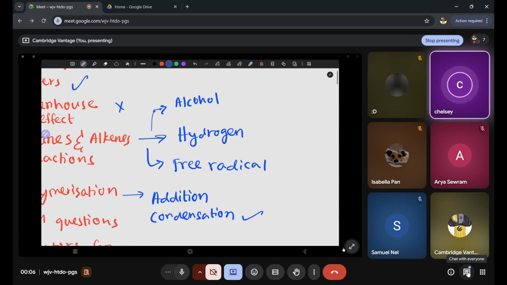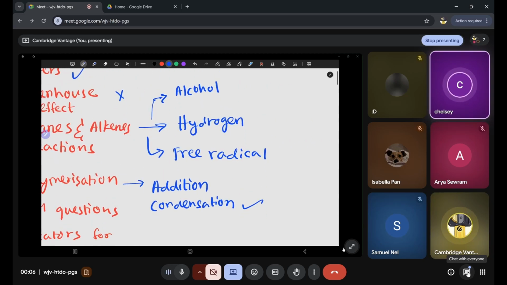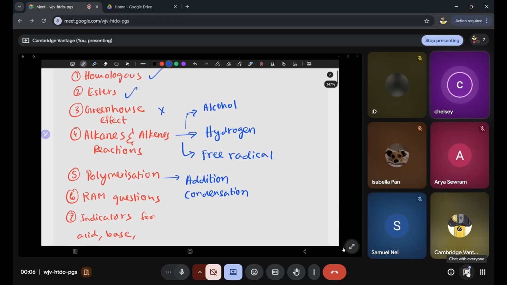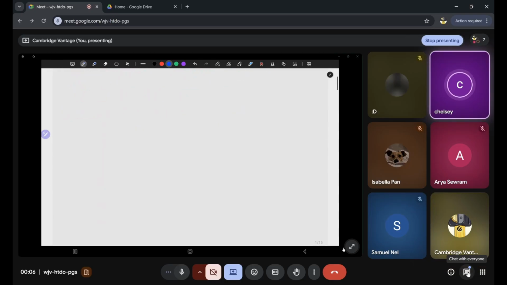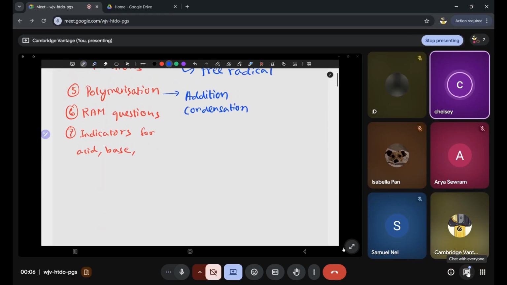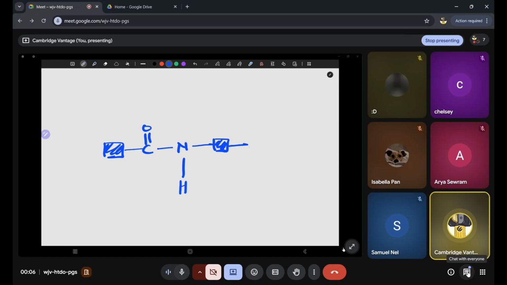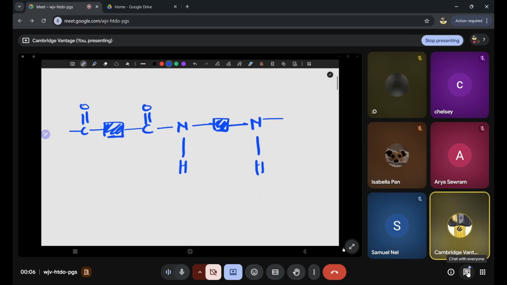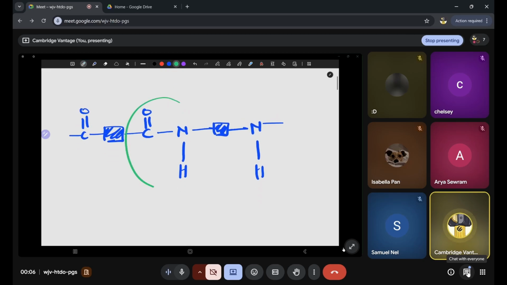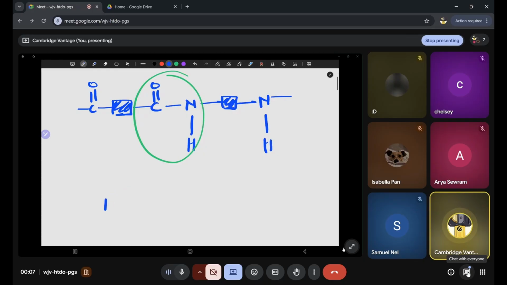Sorry, could I ask a question about condensation polymerization? Yes, ask. Can you show me the difference between an amide linkage and an ester linkage? All right. Yeah, sure. Now, I won't show the middle groups because they aren't really significant. An amide linkage is going to look something like this. Now, this is formed using dicarboxylic acids. And an ester linkage, or basically this one is your amide linkage. Your ester linkage,